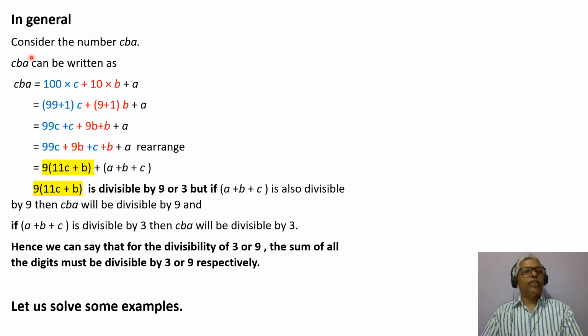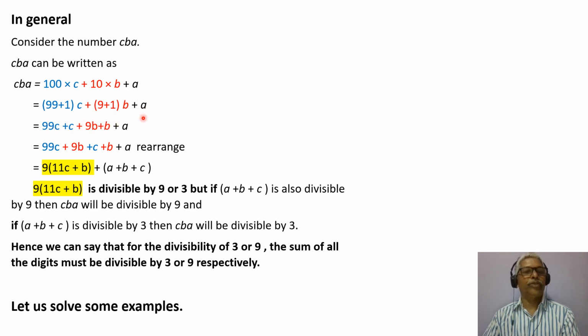So in general, consider the number CBA. We have seen it for a 4-digit number by considering actual numbers. Now we are taking the general form CBA. This number CBA can be written as 100 into C plus 10 into B plus A. Now 100 is written as 99 plus 1 into C plus 9 plus 1 into B plus A. You know till here. Now we are taking C inside, 9C plus C, now B inside, 9B